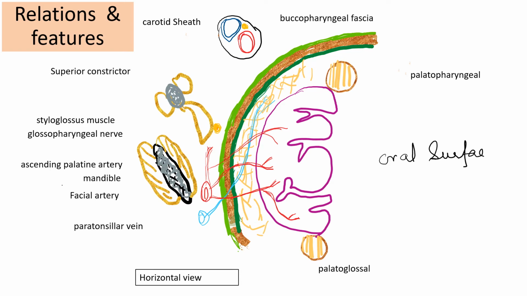So here the oral surface is lined by the mucous membrane. So I'll use this dark blue color to make the mucous membrane which is lining the oral surface, and appreciate here the oral surface has got 15 to 20 pits, which are actually the opening of the crypts which are extending deep into the substance.